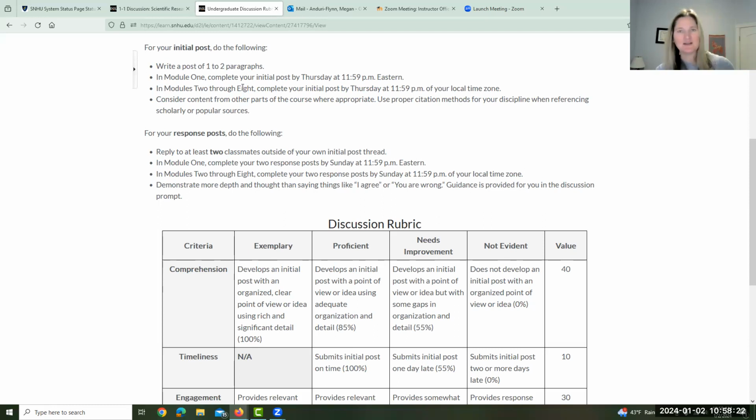So you might need to define some of those more complex terms in your posts. Another thing that I look for in your posts is that these are research-based. So you need to have references, and those references need to be in APA format. So you're going to use proper citation methods that will be in APA format. So that this will be scholarly or